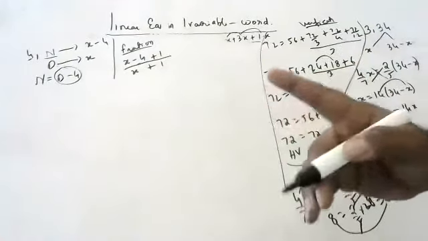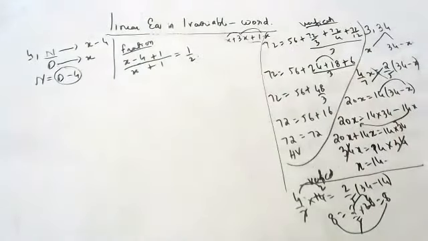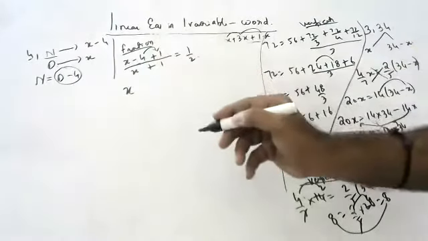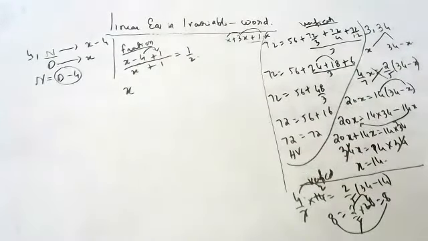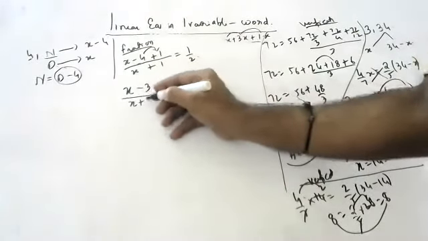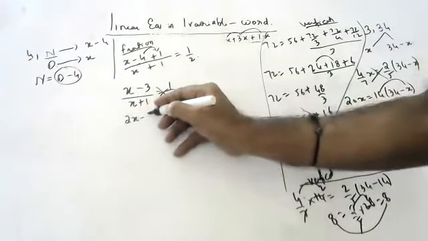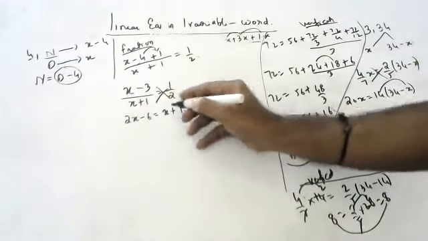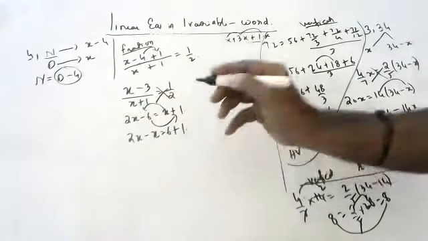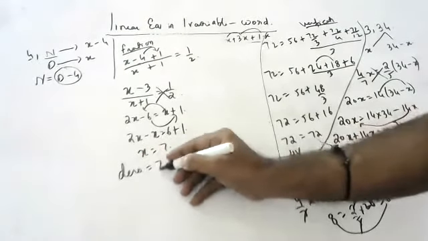Okay, don't confuse, Nana. If 1 is added to both numerator and denominator, it becomes 1 by 2. Find the fraction. Nana, tell me the simplification. x minus 4 plus 1 is minus 3, so x minus 3 by x plus 1 is equal to 1 by 2. Cross multiplying, 2x minus 6 is equal to x plus 1. x is equal to 6 plus 1. x is equal to 7. So the denominator is 7.